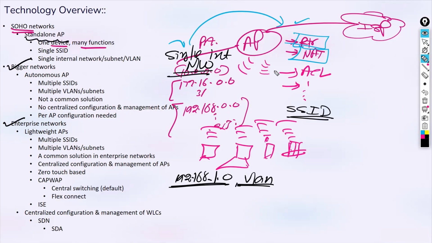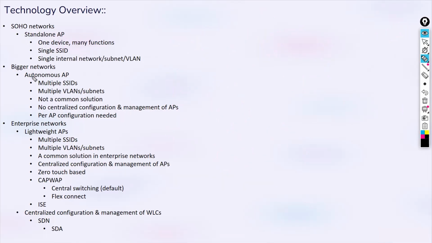All right, so yeah, that's what I can think of right now about these APs. More and more, maybe we'll be able to relate when we go to the other APs, right? Now, let's try to understand these autonomous APs. Autonomous and enterprise, what is the difference basically? So if I say autonomous, it means AP by AP, per AP configuration.